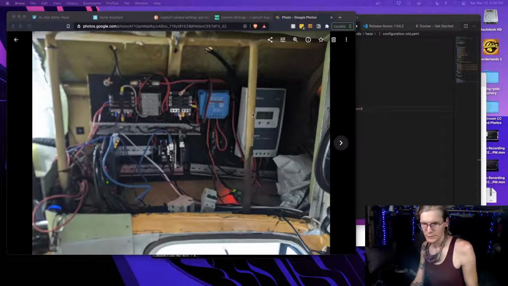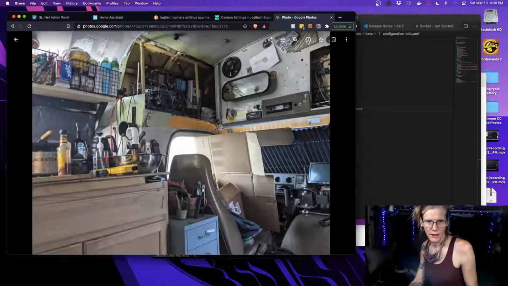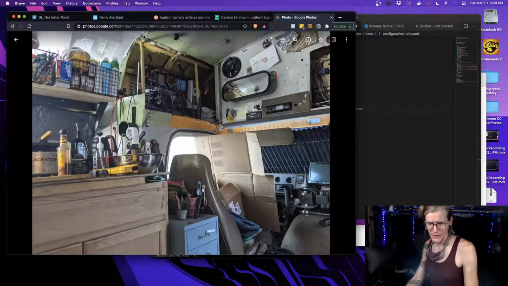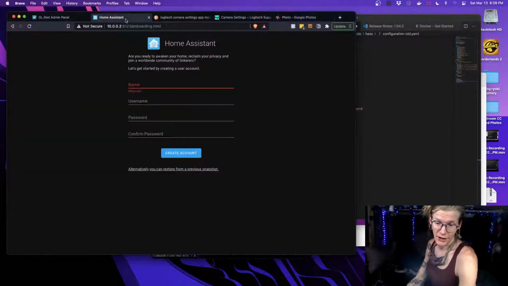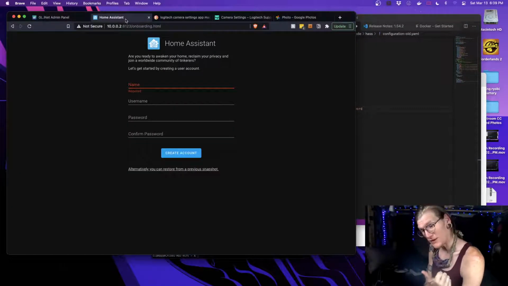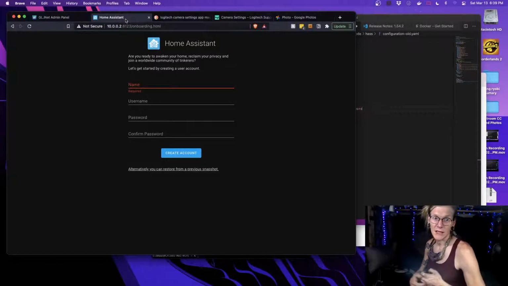And this is kind of the upper left bulkhead above my driver's seat. And eventually this will get a nice little cover over it. But today is for installing Home Assistant. And if you're on Facebook, you should go over to my YouTube channel and follow along because I've already